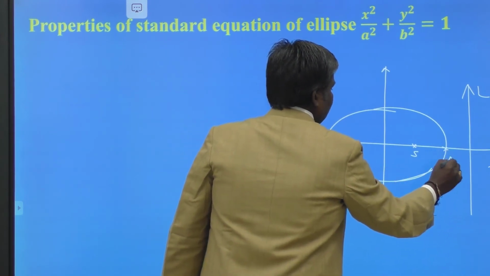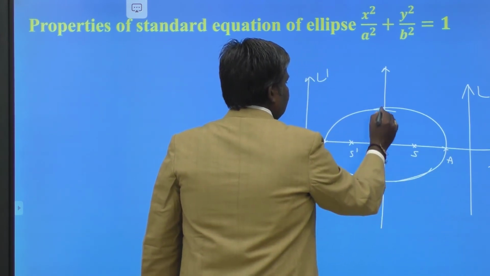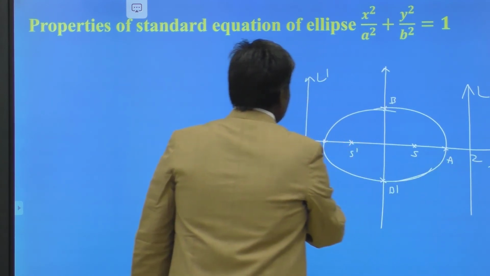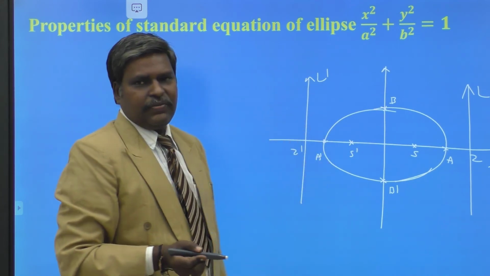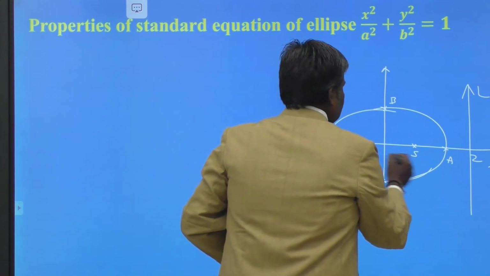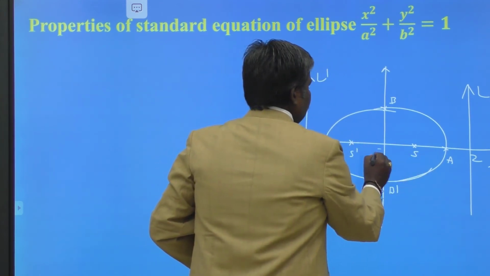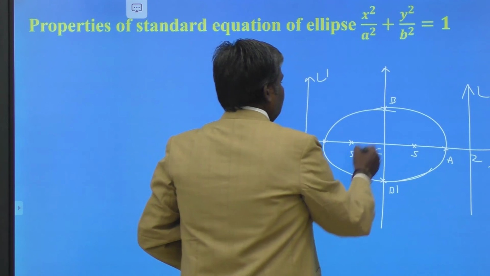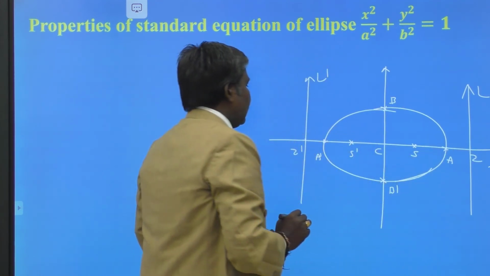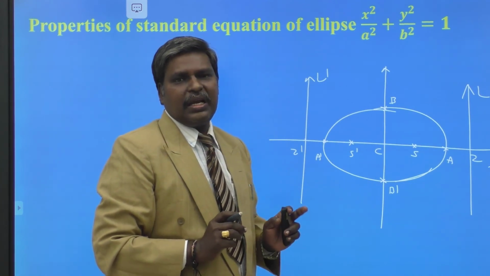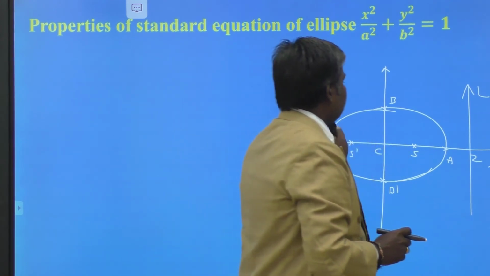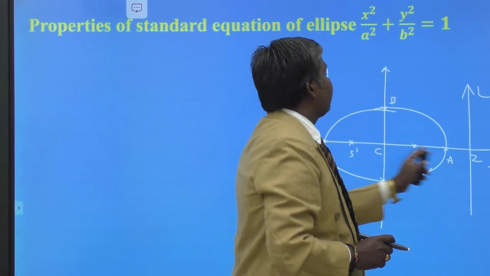Two vertices are there, A and A dash. And these are B and B dash. This is Z and Z dash. You can first write each and every one. So we have the foci, S and S dash, as plus or minus AE comma 0. This is your center. This is B, B dash. And these are the two feet of the directrix, Z and Z dash respectively. What is the latus rectum? Latus rectum is the line passing through the focus perpendicular to the axis.